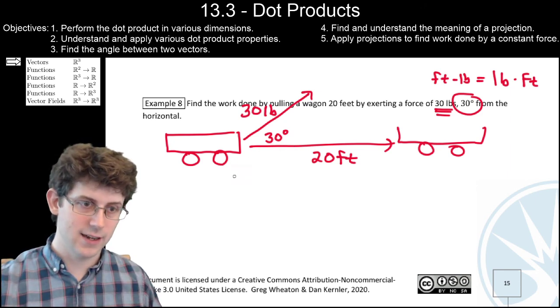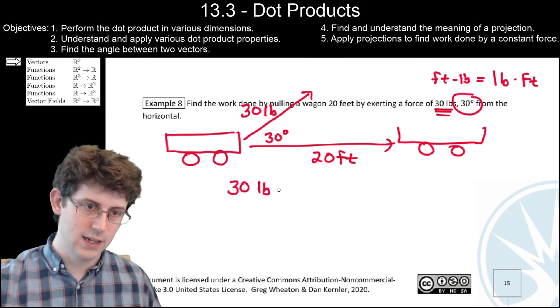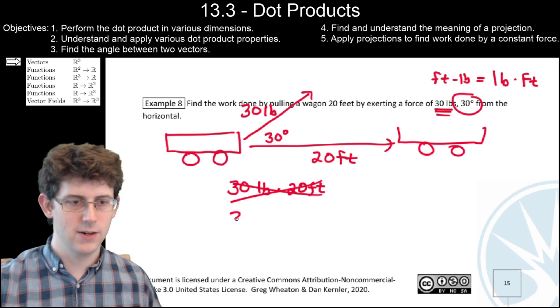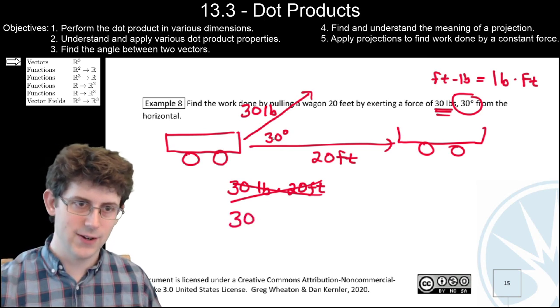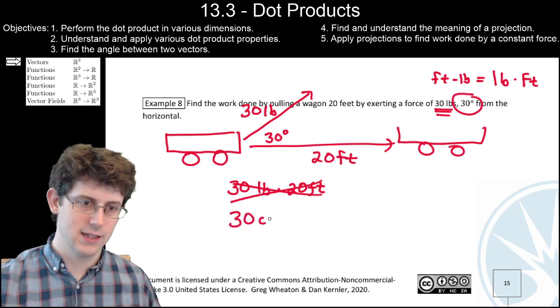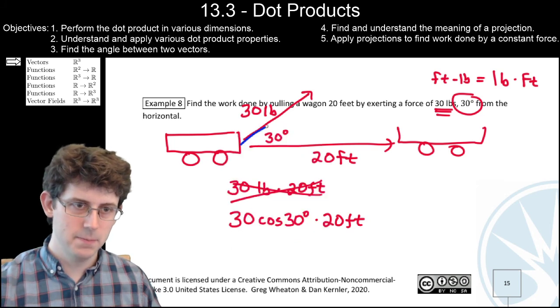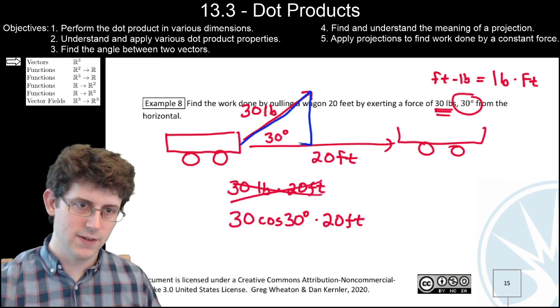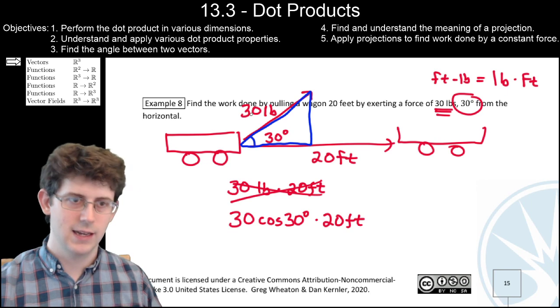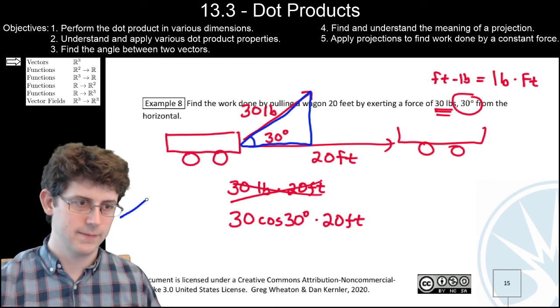So instead of 30 pounds times 20 feet, you say, no. I want to project down and use this 30 degrees. So it's going to be 30 cosine of 30 degrees times 20 feet. Where did the cosine come from? Well, if you ever have a triangle like this, and you know its hypotenuse,